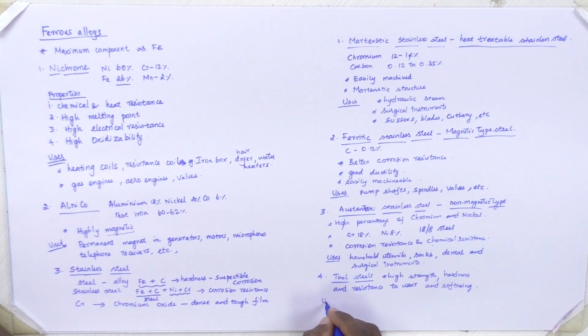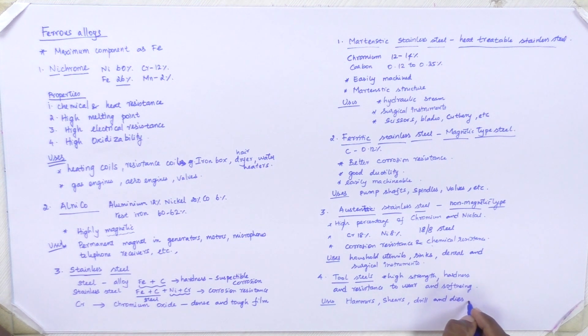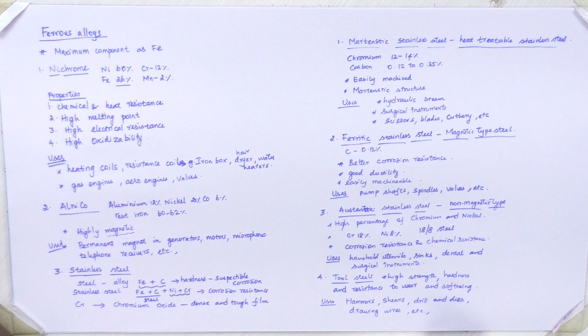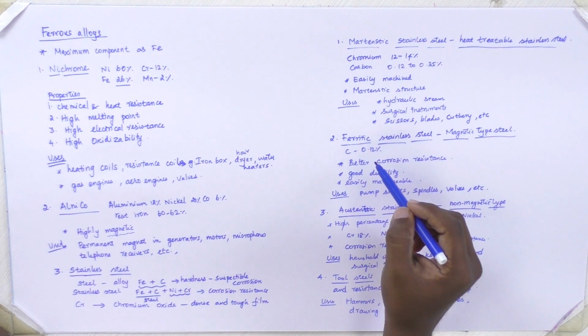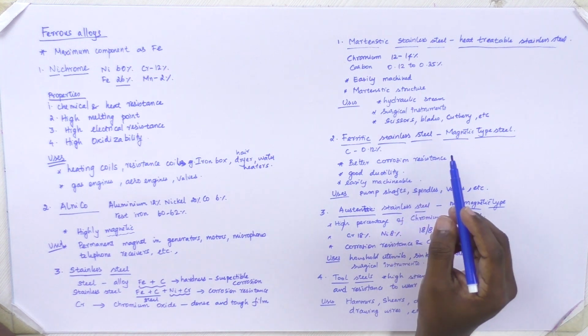This is used in making tools like hammers, shears, drill, and dies, then like drawing wires, etc. So these are all the four types of stainless steels which we use in day-to-day life for several different